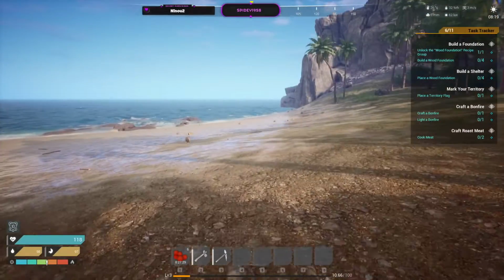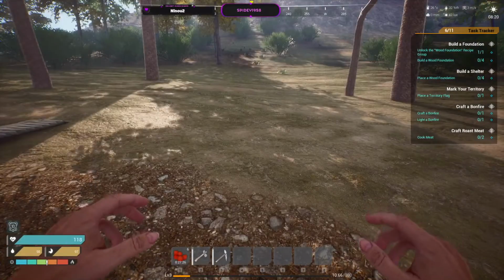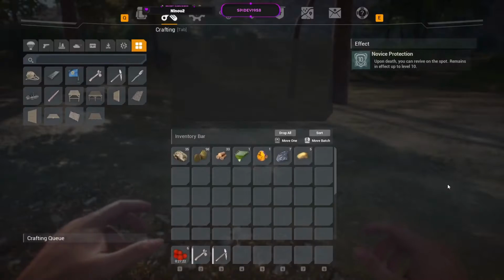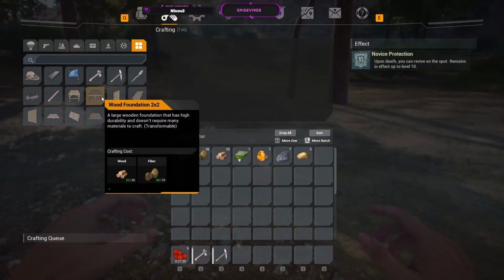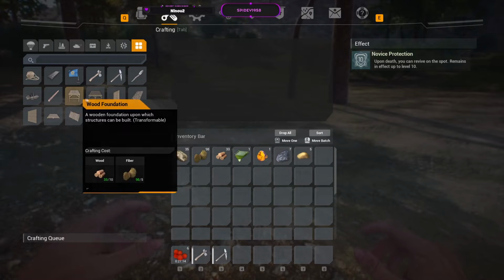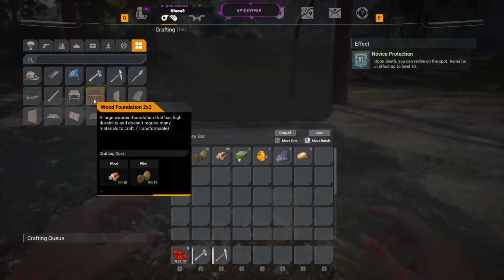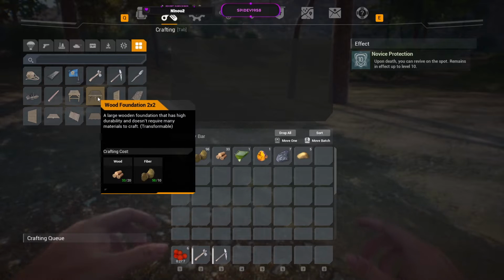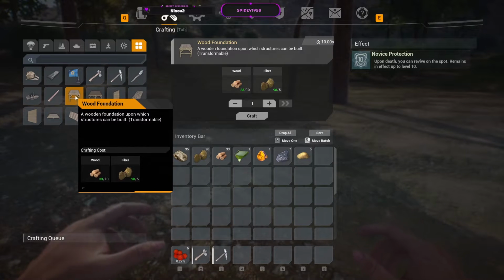So the next thing we want to do is go ahead and build a foundation. We need 4 of them actually. I don't know if I have enough wood to build 4 of them. You got to be careful on these quests because you have the wood foundation and the 2x2 foundation. If it tells you to build something, it won't count if you build the 2x2. So be sure you build the...